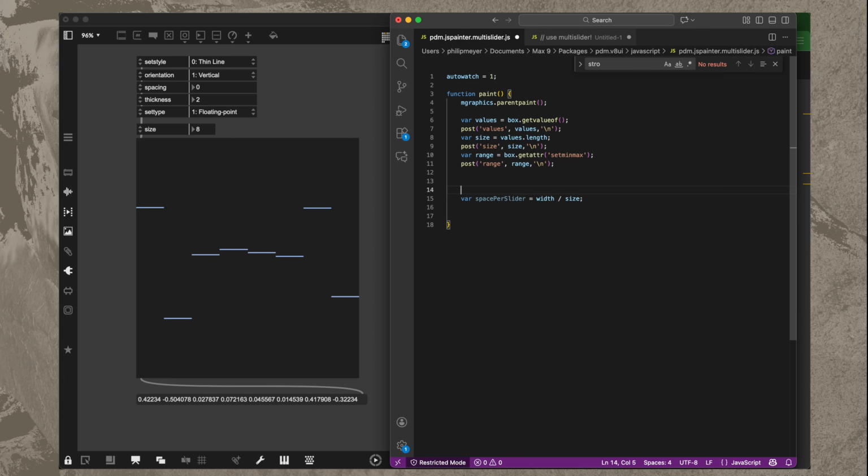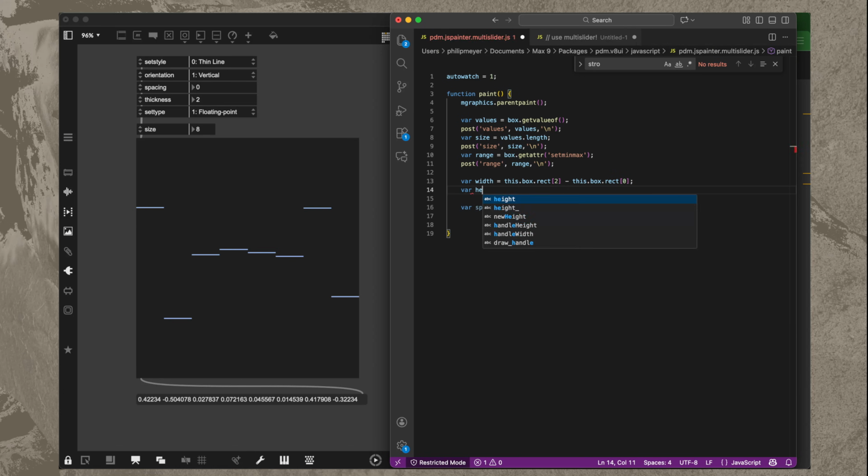And we don't know yet what the width is, so we have to calculate that. So var width is equal to, I think it's box.rect, this.box.rect 2 minus this.box.rect 0, var height is equal to,